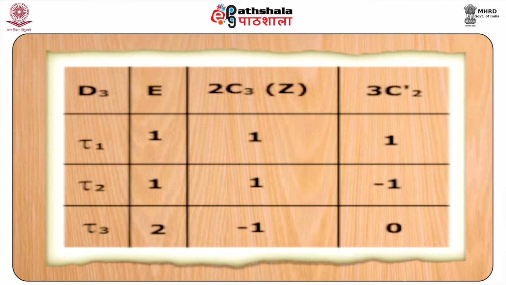It has E, 2C3 and 3C2 symmetry operations in it. So, in total there are 6 operations. Thus, the order of the group h is equal to 6. There are 3 classes in it, E, 2C3 and 3C2, so there will be 3 irreducible representations in this group. Let these be Gamma1, Gamma2, Gamma3, and let the dimensions of these irreducible representations be l1, l2, l3.